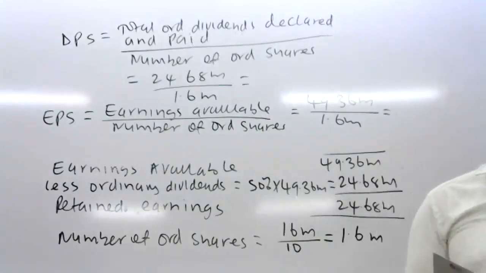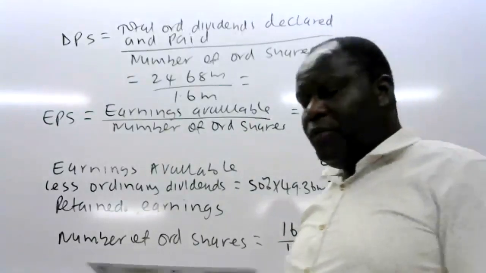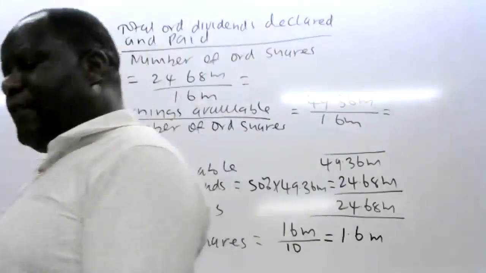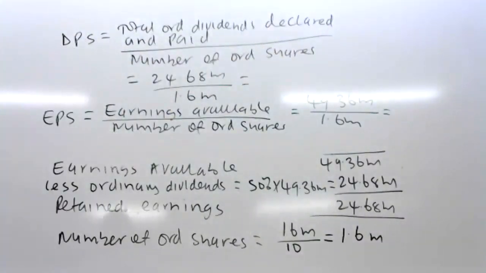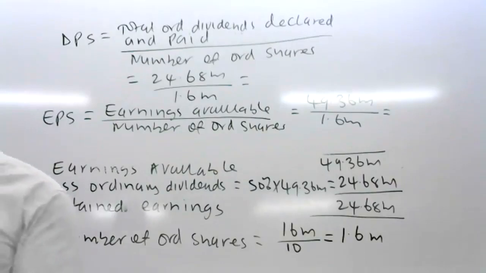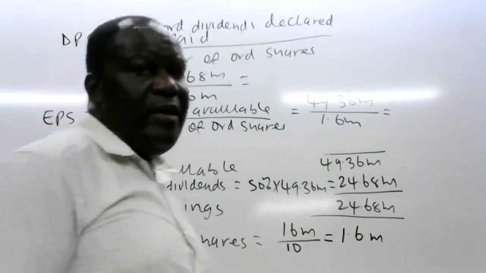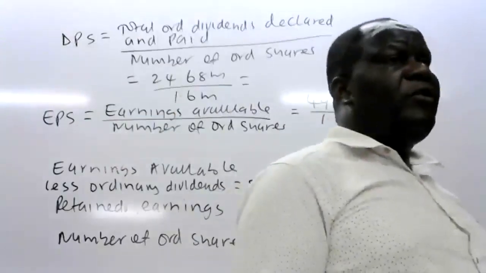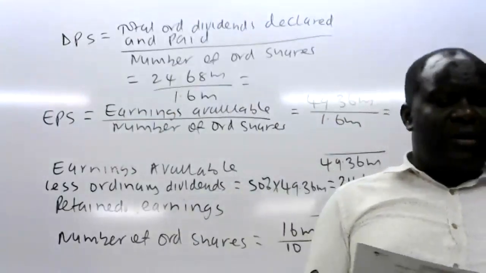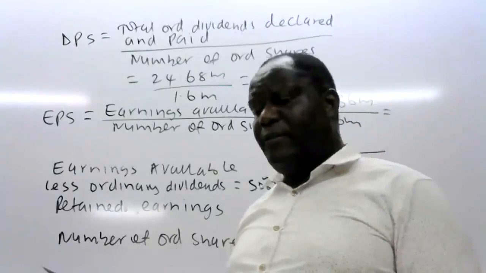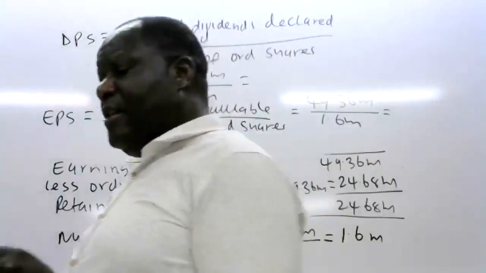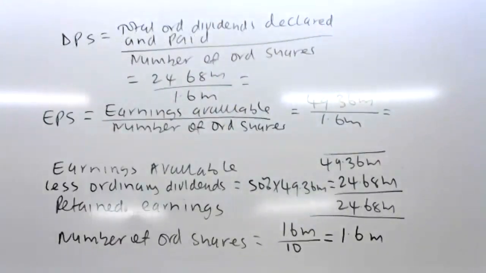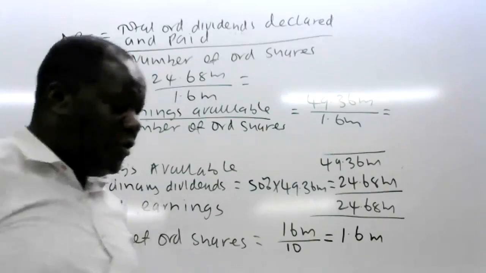So we start with number 1, the investment or valuation ratios. Under these, they say these are ratios used to determine the value of the company and may include: